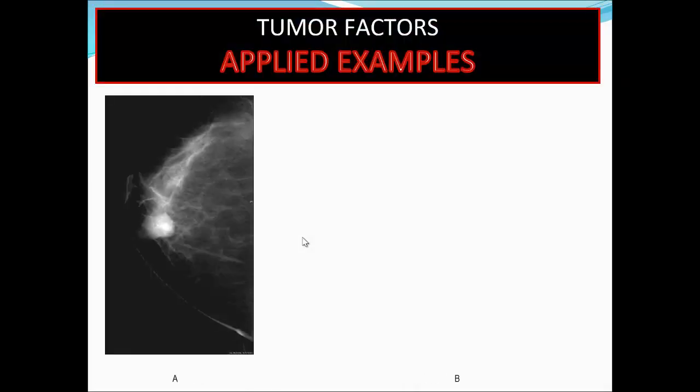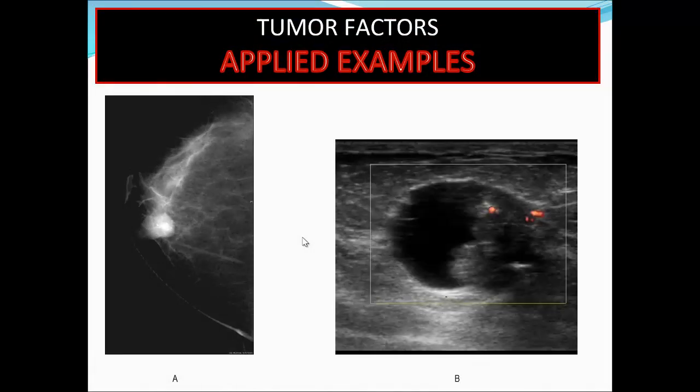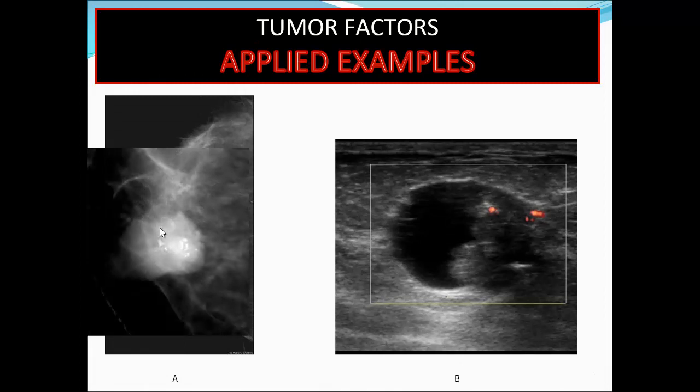This is another case. This is a mass, and this is the ultrasound appearance. The mass is rather well circumscribed, but you see here that there are calcifications, a crushed stone appearance. This is calcification, so there is a solid part here. This margin is obscured, and on ultrasound there is a solid mass inside this cystic lesion with high vascularity and infiltrating the parenchyma at that area. So this is an intracystic